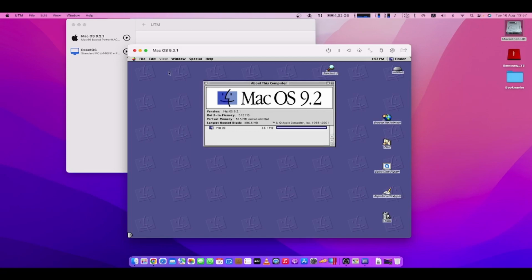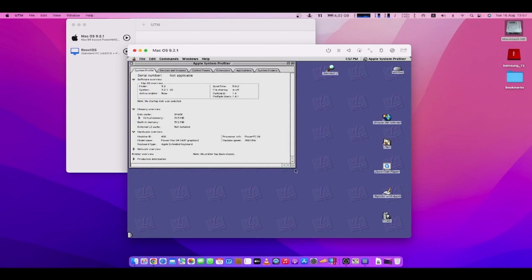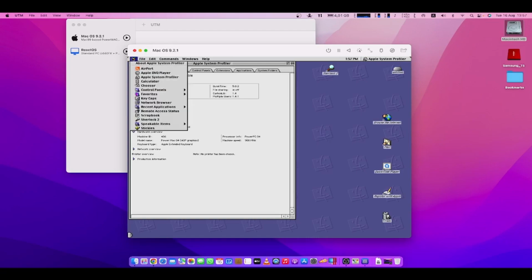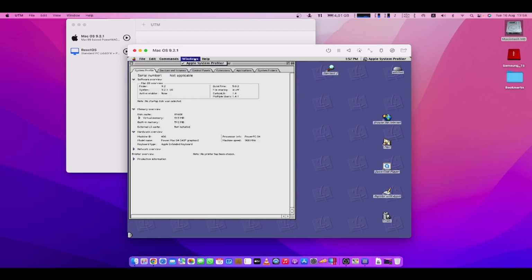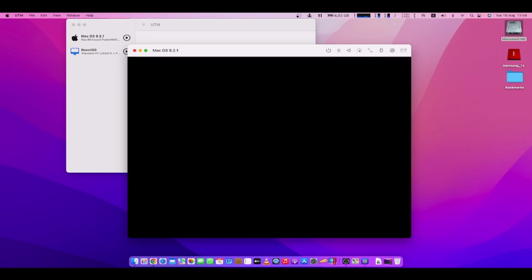Let me see. Oh, there's this System Profiler. I think it does a PowerPC. Yeah. So a PowerPC emulator on Intel. This is an Intel app. So this is not. Whoops. The shutdown is different. Let me see. Quit. And then the shutdown is like here. They moved it around a bit, but